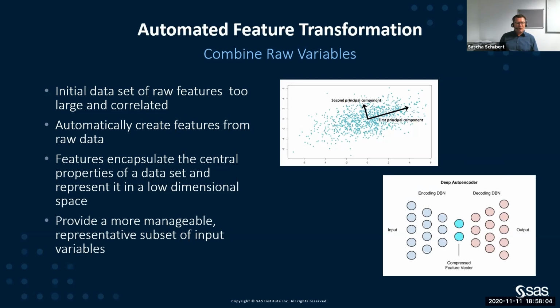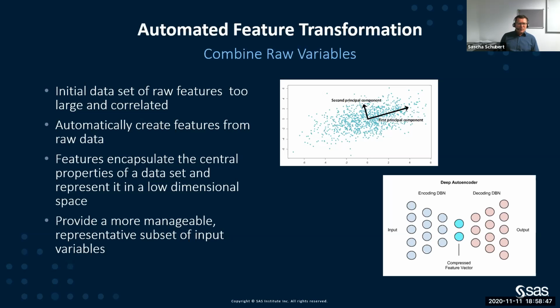And I have a little graphic here. Basically, an autoencoder is a way of doing a nonlinear transformation of your raw variables into new combined factors, which is nice because principal component analysis and singular value decomposition can only do a linear transformation. So with an autoencoder, you might keep in your transformed features even nonlinear relationships between your input variables, and that's a nice way of compressing your input feature space from maybe a couple of hundreds to a couple of dozen, or even single digits, without losing a lot of information.